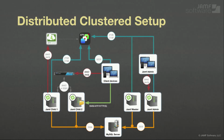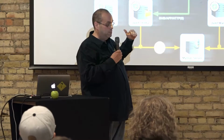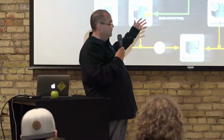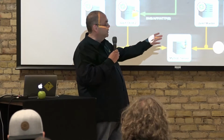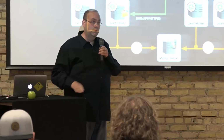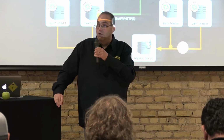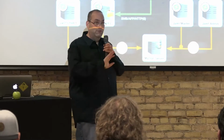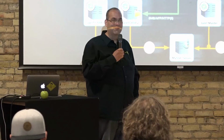When we set up or enable clustering in the admin console, one of the things we're doing is enabling which of the web instances is going to be the master. I'm going to talk about that in just a minute. But the master has special roles to play, and by breaking that out from our client traffic, we're freeing that master to be able to do just those functions. Additionally, here we've broken out a separate instance of the web app simply to handle our management console. So if you're part of, let's say, a large Jamf management team where maybe you have multiple admins around the globe potentially, having that function off to the side so you're not also drawing resources for other functions